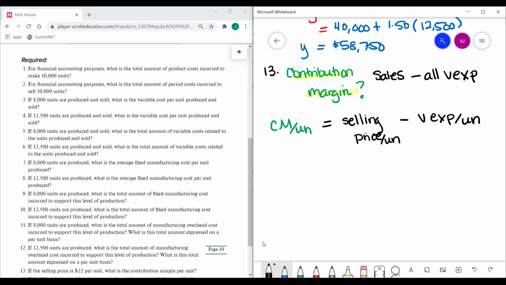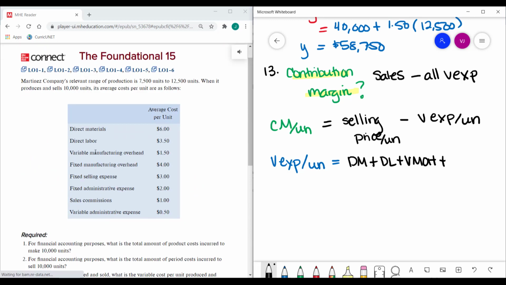So before we plug in here, let's just find the total variable expenses per unit first. That will be made up of our direct materials, our direct labor, our variable manufacturing overhead, all of those per unit, and then skip all the fixed items, right? And those last two are also variable costs. So plus the commissions,